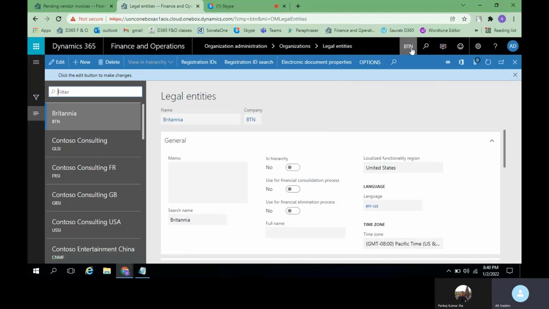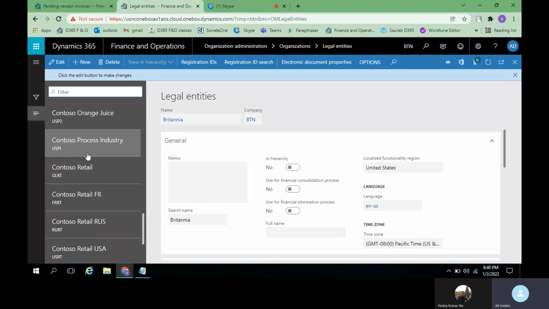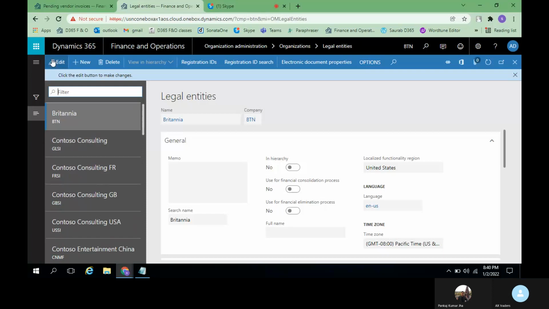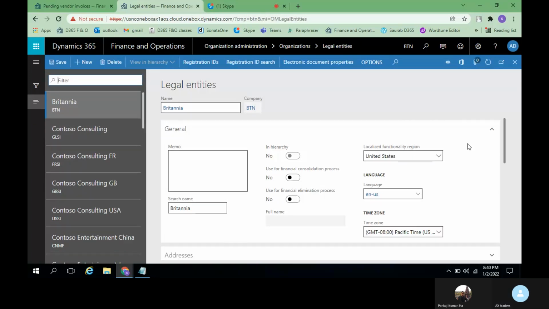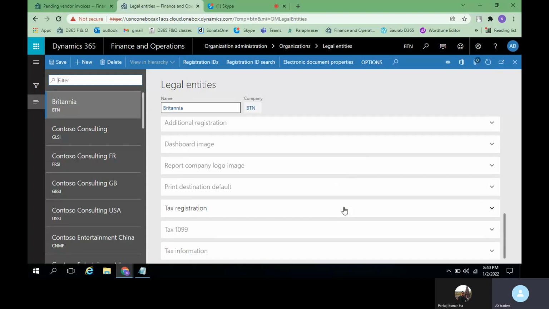Even though you have selected this Britannia, you will still be able to see other companies which already exist. And if you want to make any changes, just click on edit. That's all. Now it will allow you to enable all the details.